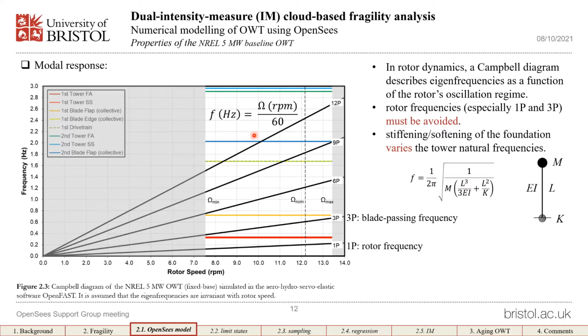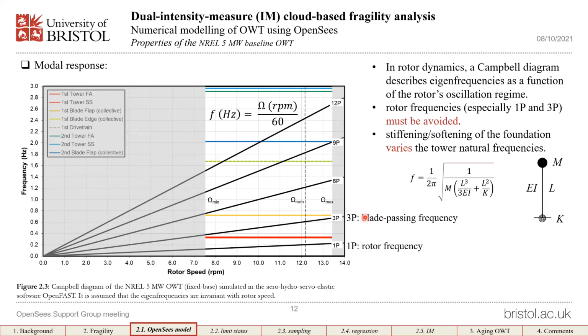The two most important rotor frequencies are called the 1P frequency and the 3P frequency. The 1P is the rotor frequency, and the 3P is the blade passing frequency. These frequencies must be avoided. For a typical wind turbine, for our NREL 5 megawatt wind turbine, its first power modes in both of the horizontal directions are designed to be placed in between the 1P and